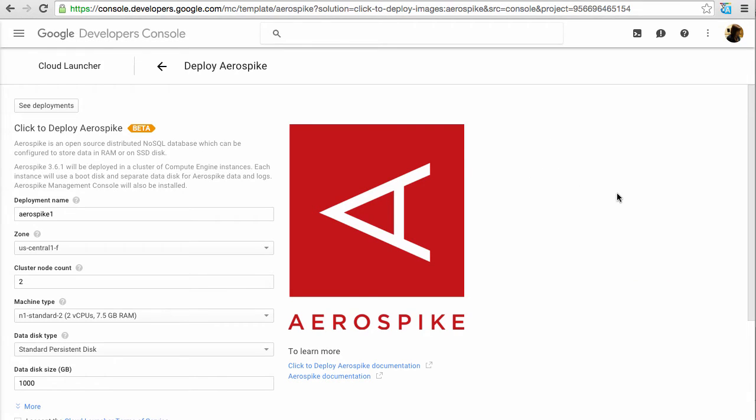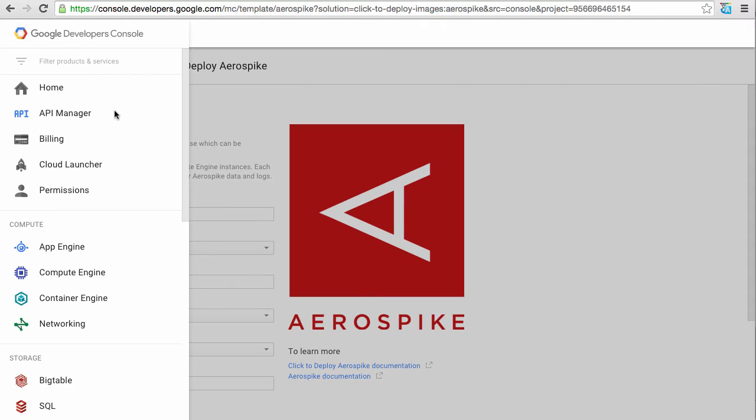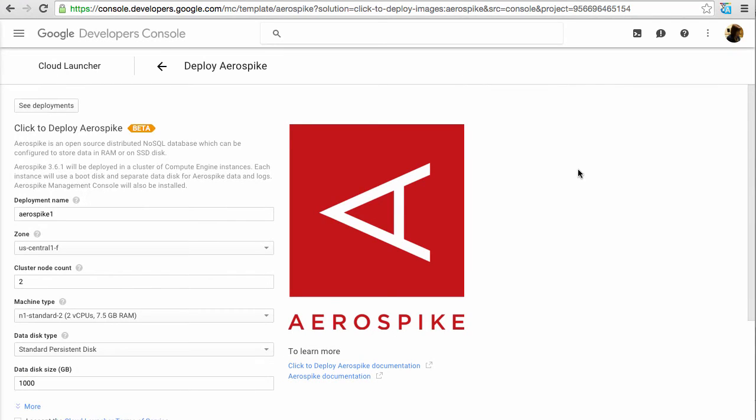So here I am in the Google Developers Console for the Google Cloud Platform, and I'm using the new console. So I assume by the time that you look at this, this will be into production. It's in beta right now, and I think it's a public beta so everybody can try it out. So if your console looks a little bit different, it might be you're using the older one. So you're going to look for the Cloud Launcher, and then once you're in the Cloud Launcher, you want to look for Aerospike. And once you click on Deploy Aerospike,